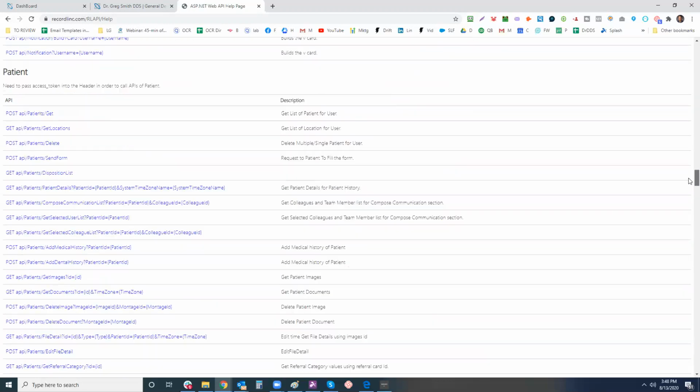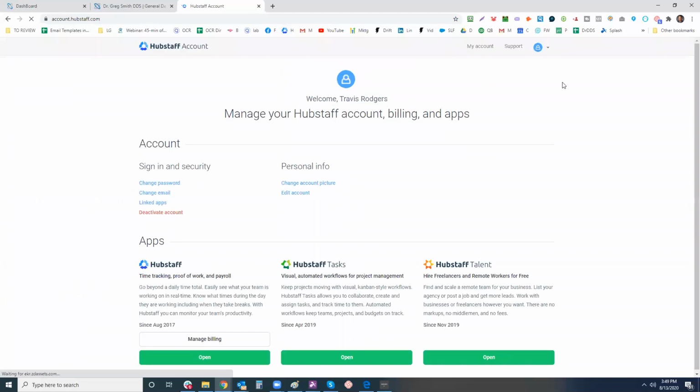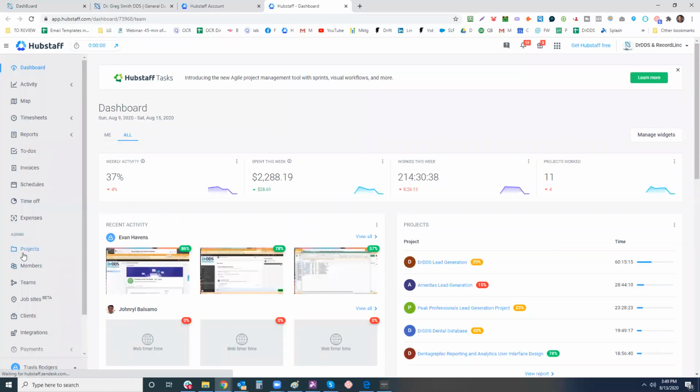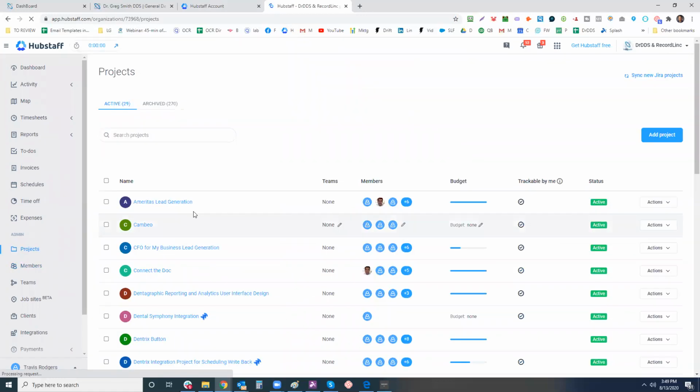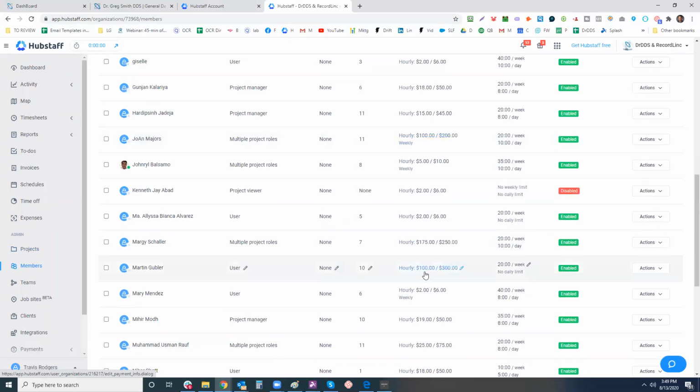So, this is not going to mean much to you, but basically because of this API library that we built, we can build products very quickly and very inexpensively. And we track everything through a tool called Hubstaff. This is one of my business tips that I always tell people when they're starting a company or building a software company in particular. Use a tool like this where you can track your team, right? It's got all of my team members, and then they have an hourly rate associated with them. Some guys are $6 an hour, some are $150, $200 an hour, right?